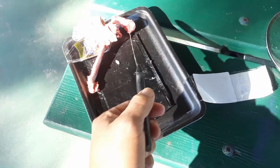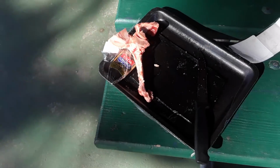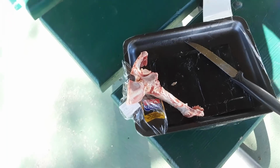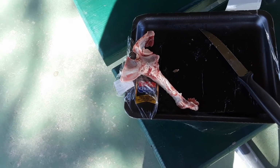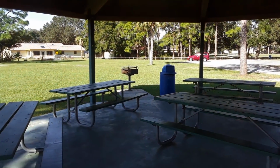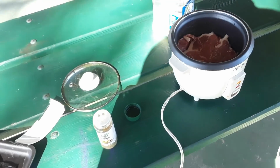All right. With a little bit of slicing, I was able to remove most of the meat off the bone here. I do kind of miss having the ability to eat T-bone steak off the T-bone. But maybe we'll do that, have a cooking episode, a grilling type episode in the future, if I can set up another camp or something and grill, unless I can find a park, maybe one of these grills over here, and use that. But for now, what we're going to do is cook it in the rice cooker,